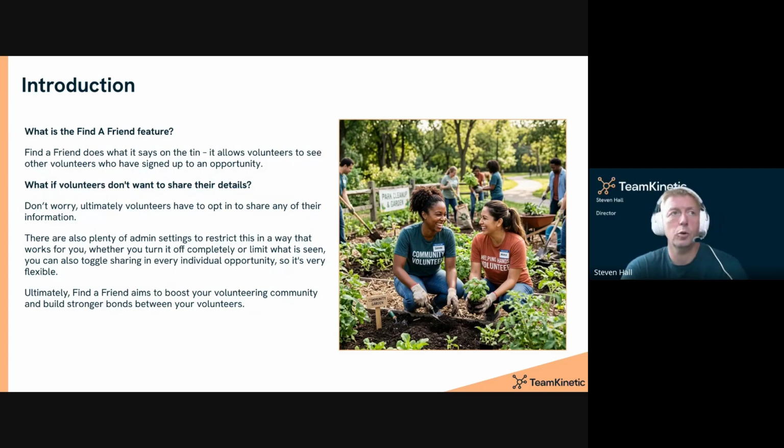That's the core development we've done in the last update. If I tell you the origins of it, then hopefully it makes more sense. Originally the request came from Royal Parks, I believe, and also some of the theatres, the Lowry Theatre in Manchester, and a couple of other customers. The problem they were finding was that certain volunteers have friends that they want to volunteer with, and with Royal Parks